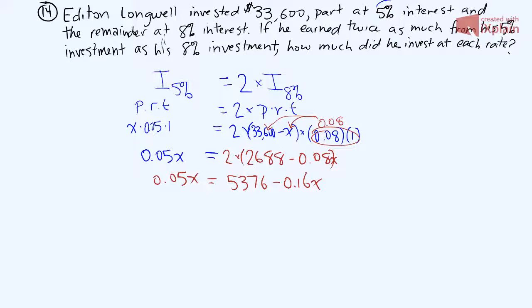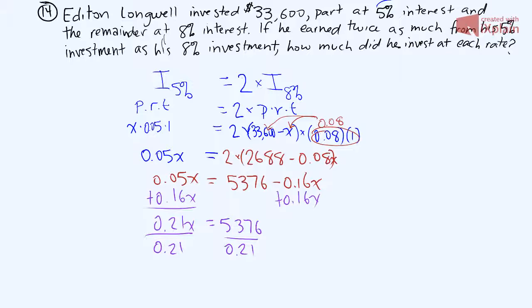Alright, so now that we're here, we need to get all of our x's onto one side, so let's add 0.16x to both sides to where we have 0.21x equals 5,376, and then we'll divide both sides by 0.21. So when we take 5,376 divided by 0.21, we get that x equals